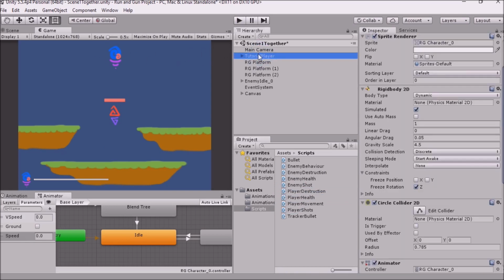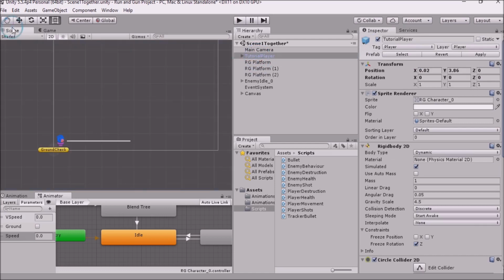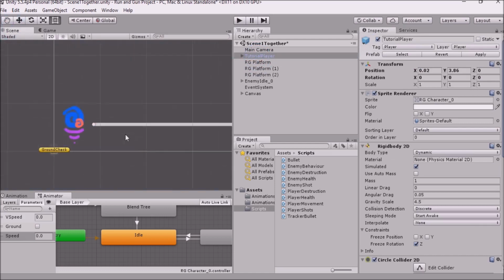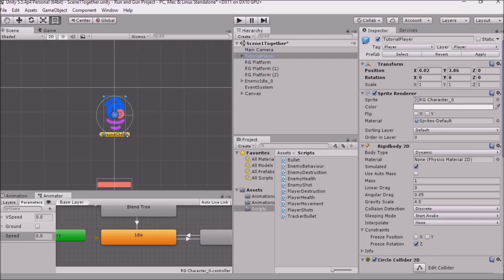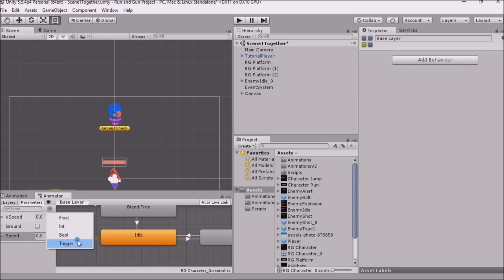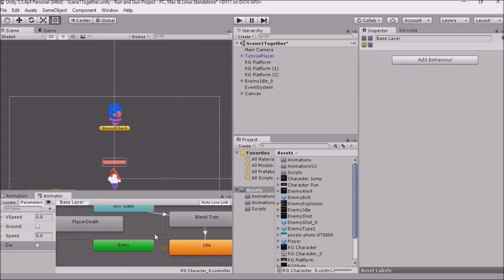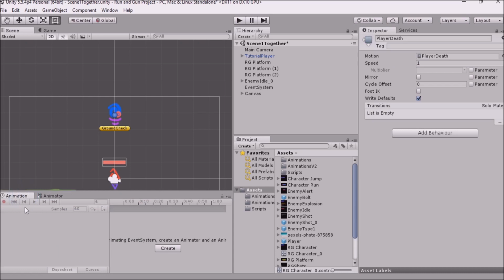So we need to create a new parameter in the animator for our player. So I'm going to select the player very obviously. I'm going to zoom into them, really make sure they're selected, and then I'm going to hit plus, and now this parameter is a trigger if we remember correctly, and our trigger is die,